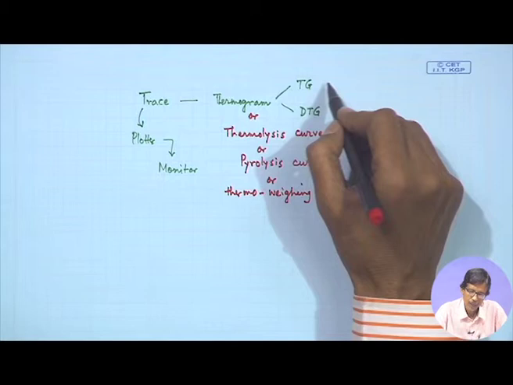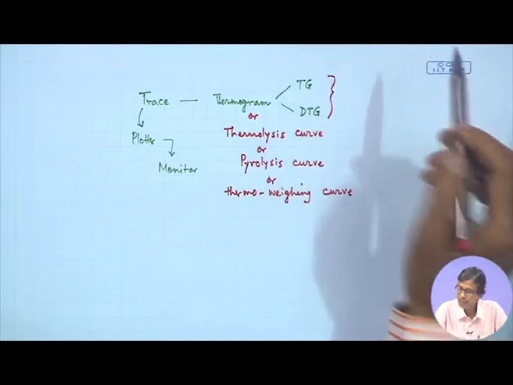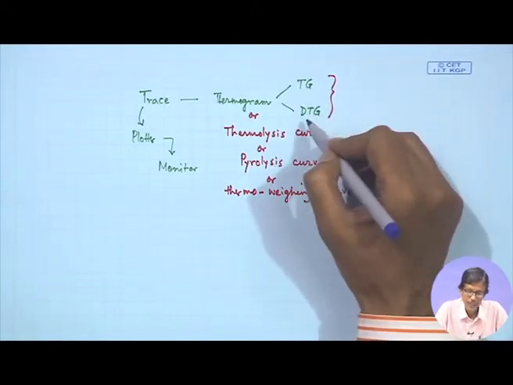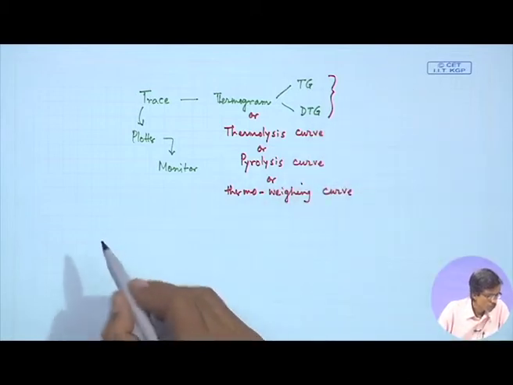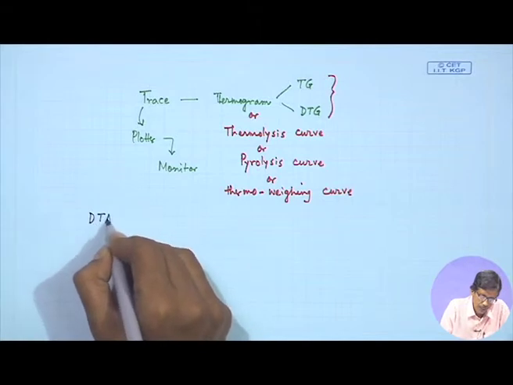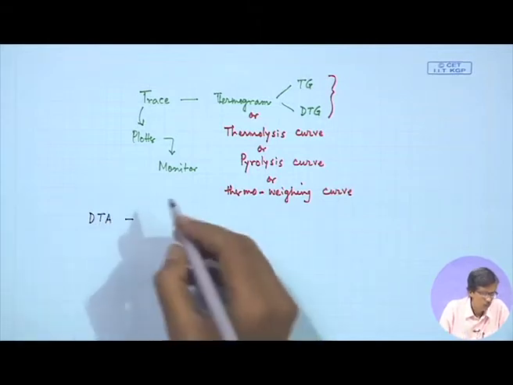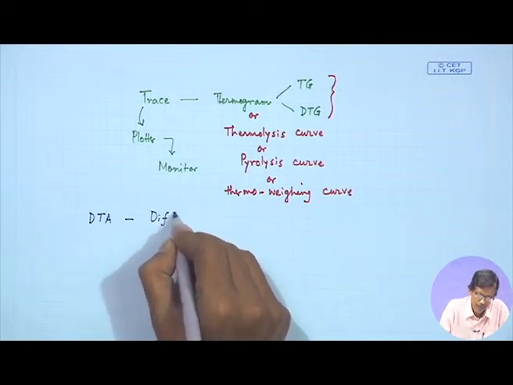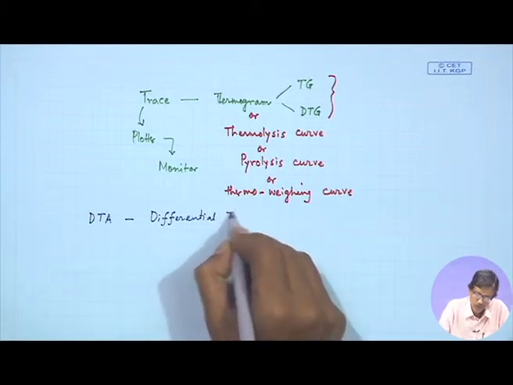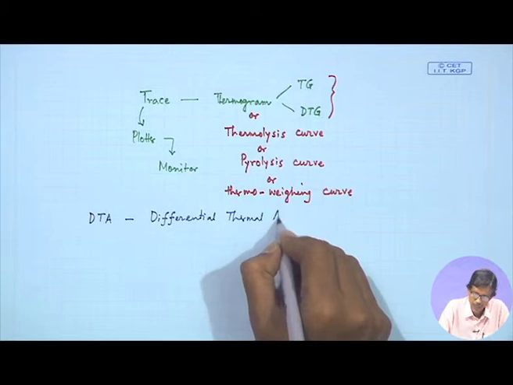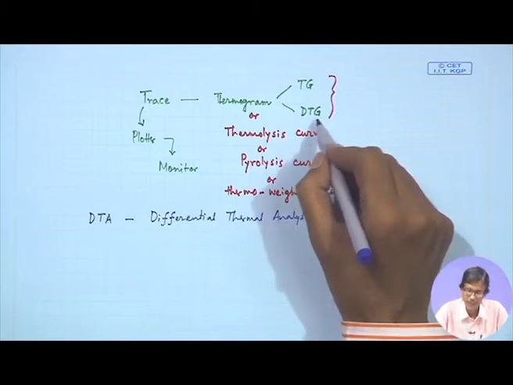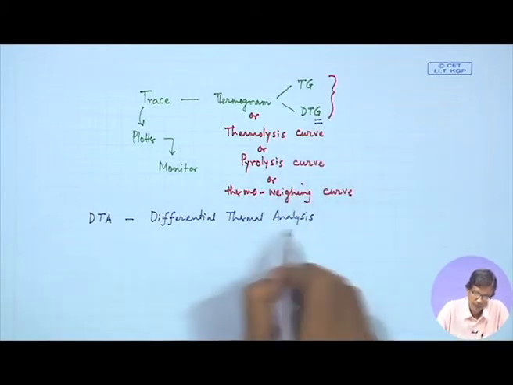So, all these things related to the very basic and the first two techniques we will go in detail while we do the sample wise, the TG technique and the DTG technique. But we can have also the other processes. One such is the DTA process, which is known as differential thermal analysis technique. Do not confuse it with your DTG technique,